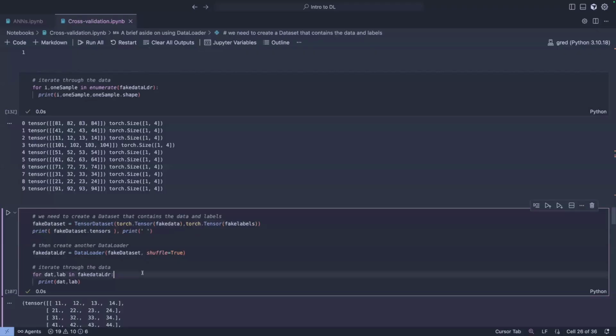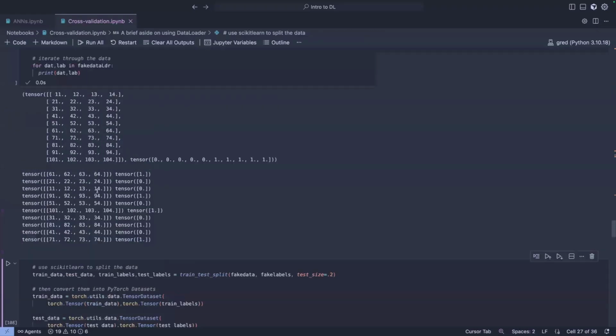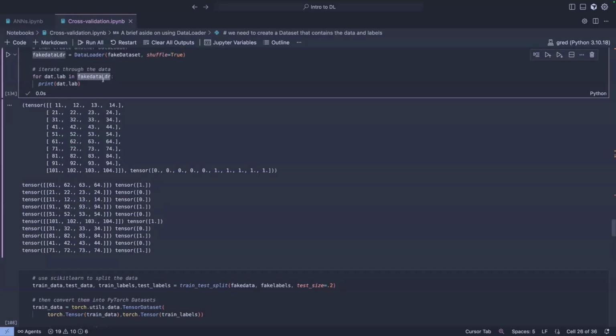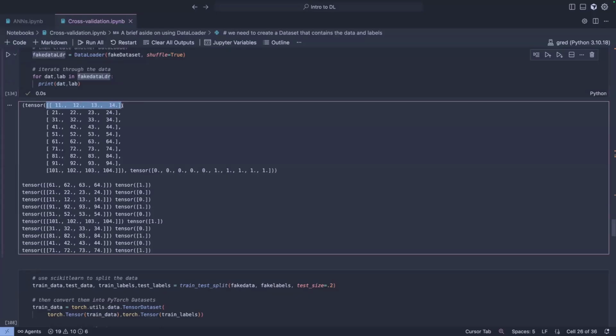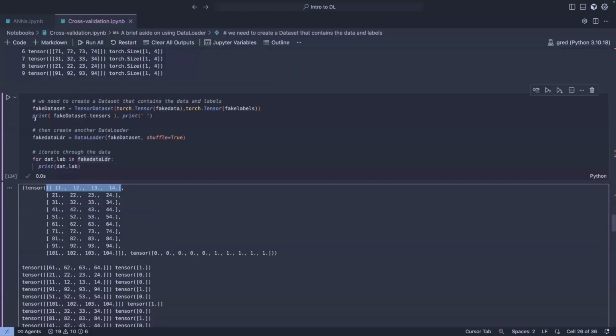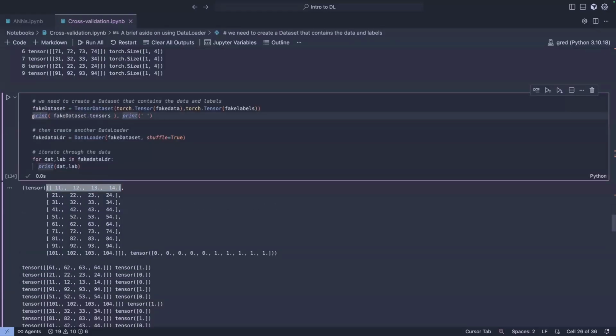So now once we do this, you have two things here. Once you cycle through the items in the data loader, you have first your training example. Sorry, we don't really need to print this.